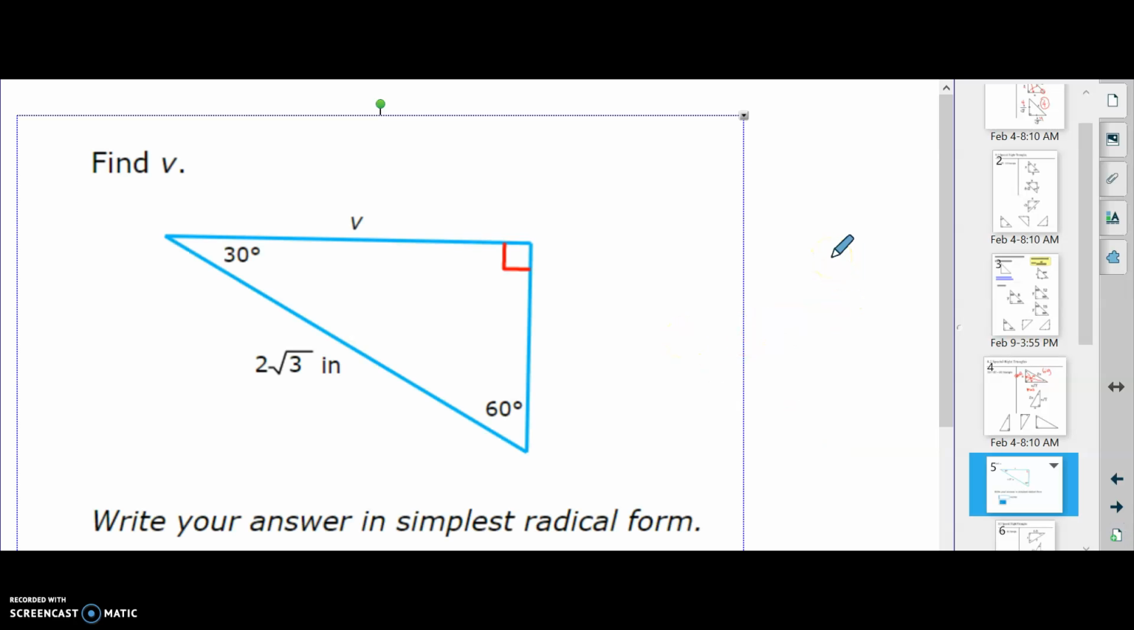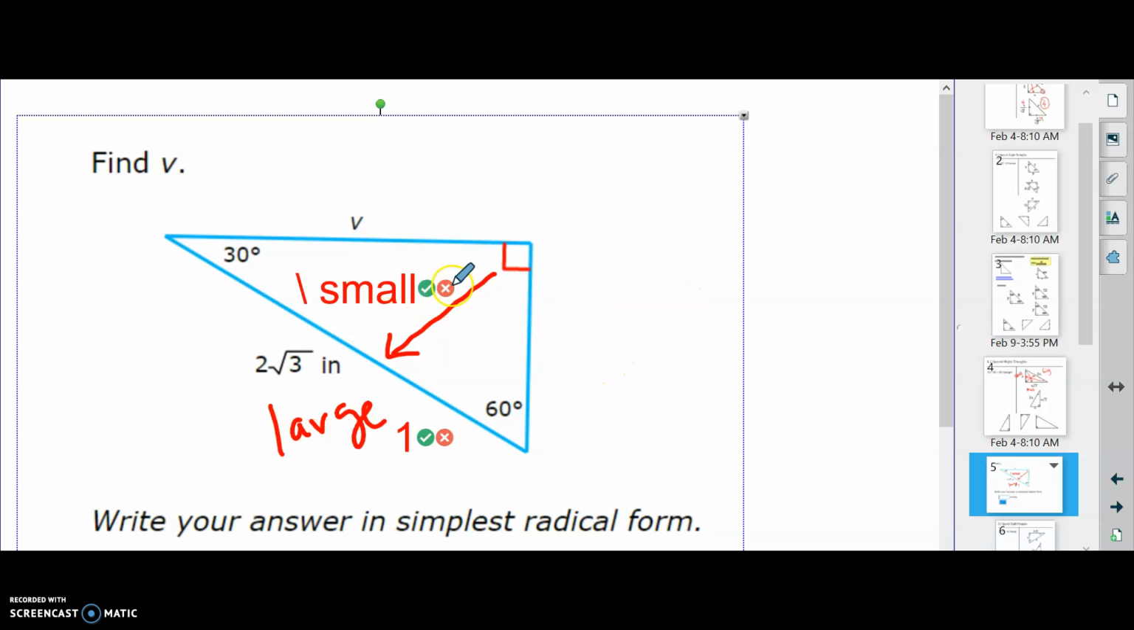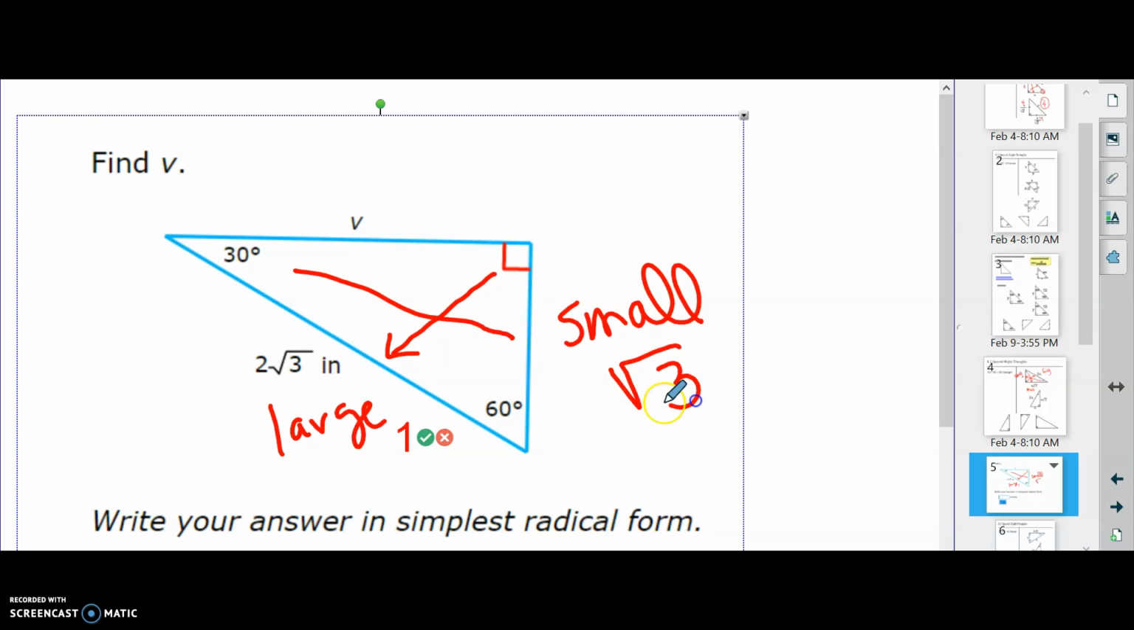So now I can actually write. So this is my big, so this is the large, right? So the small is gonna be half of the large. Okay, so we just get rid of that 2, cut it in half, and so it would just be a square root 3. Okay, and then the medium